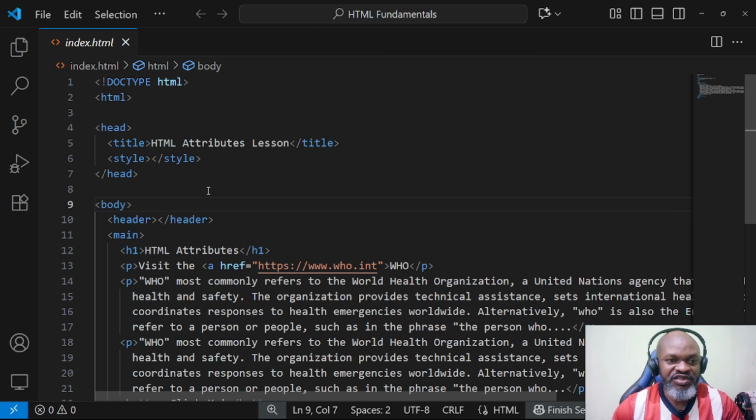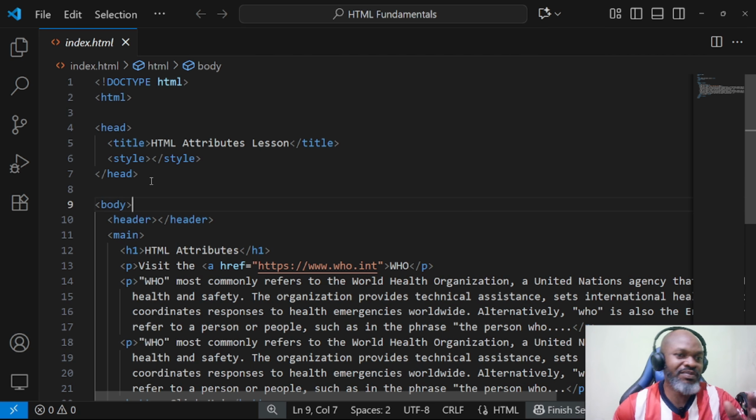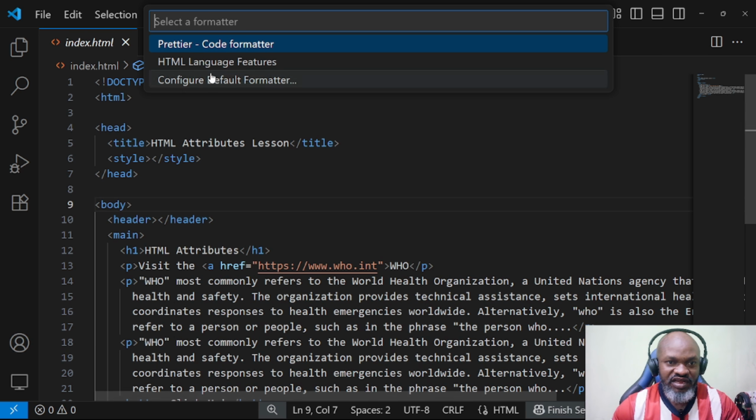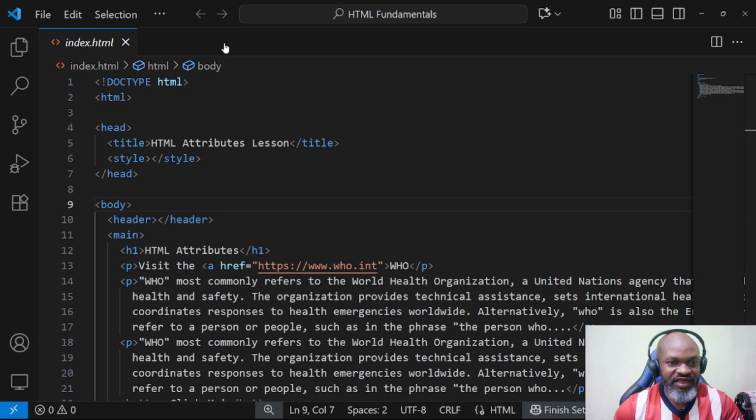So now what Prettier can do for us, as you can see, we have the doctype declaration and we have HTML, and we say that both the head and the body are inside HTML and should be indented. Probably something I have typed is not well formatted, and Prettier can do it for me. What will I do? I come and right click right inside here and I say format document with. Then I should be able to select Prettier code formatter because I installed it. You saw me install that. So once I click that, it should